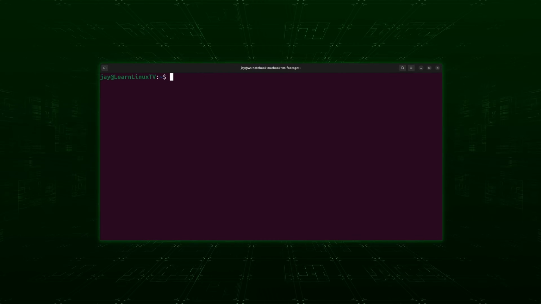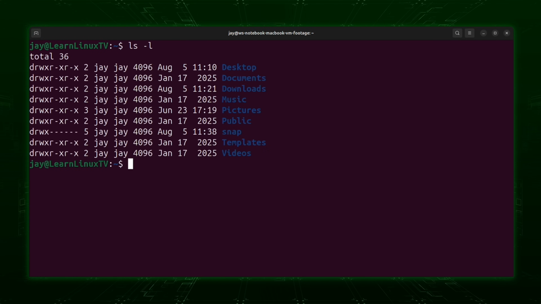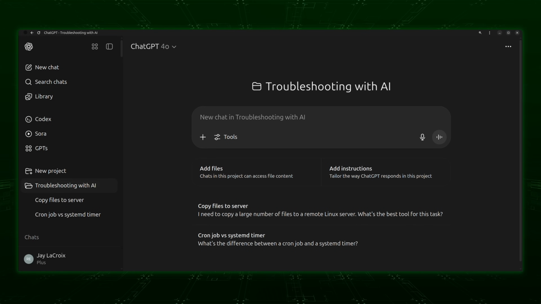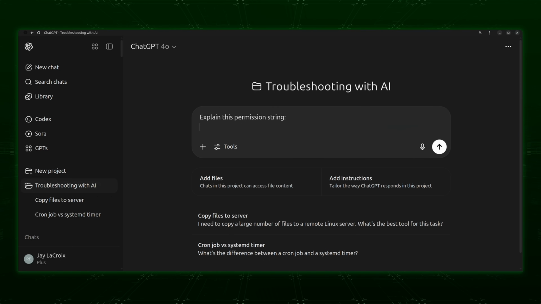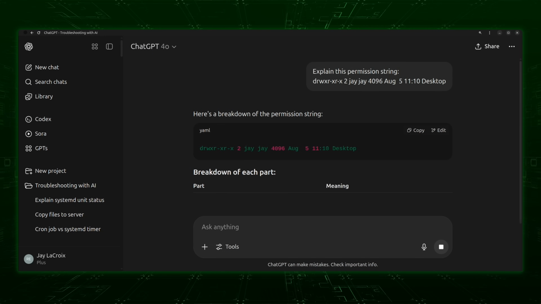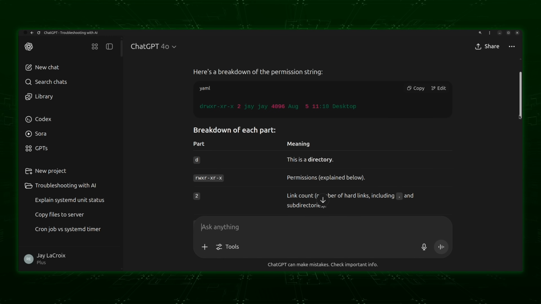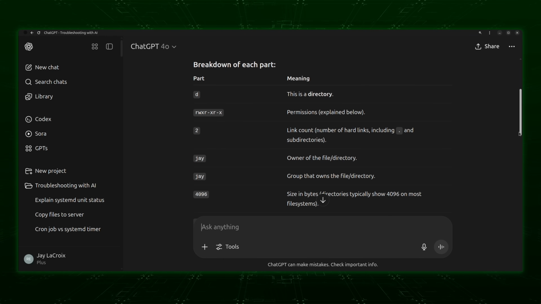Another example is explaining file permissions. If you're new to Linux, you may need help understanding how a particular permission string impacts file access. If you paste a permission string into AI, it'll be able to break it down for you and explain what exactly is happening. Or if you don't understand permissions at all, you can ask AI to explain the concept in general. Of course, you could always view the video that I have right here on the channel that explains permissions, but in a pinch, AI can give you some general information that you might find helpful.